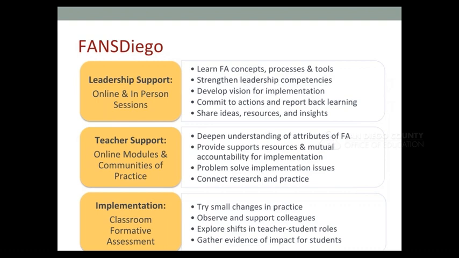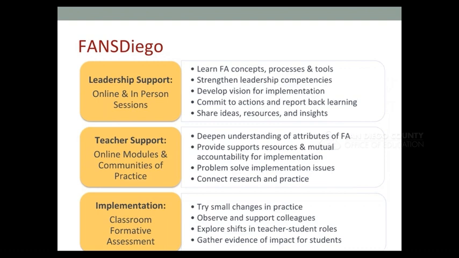And the reason that we focus so much on leadership is because what we've seen based on the research and based on implementations of this work across the country is that that is the key to success. Without the leadership support, formative assessment does not become truly embedded in the school site, and that improvement does not occur because once formative assessment takes hold, a lot of other things will end up changing.